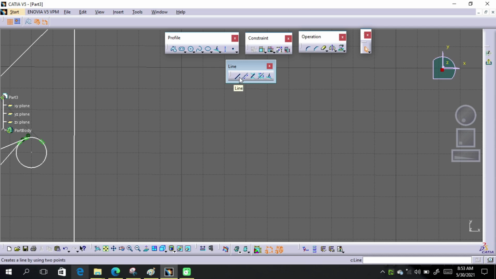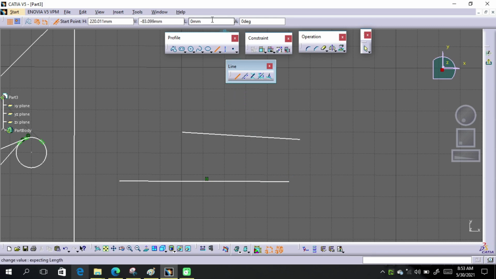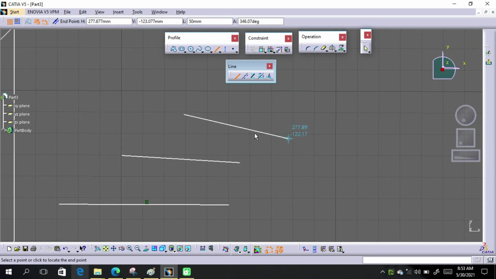So just activate this line tool, and in line tool we can create a single line from start point to end point. But this option, if you enable this option, this line will go in both directions from start point, to one direction, same while in opposite direction. This option will create a length, like I'm going to create a 50 line. So deactivate the symmetry option and put value 50 and press enter. So you are able to create 50 line, but angle of this line is still not defined.